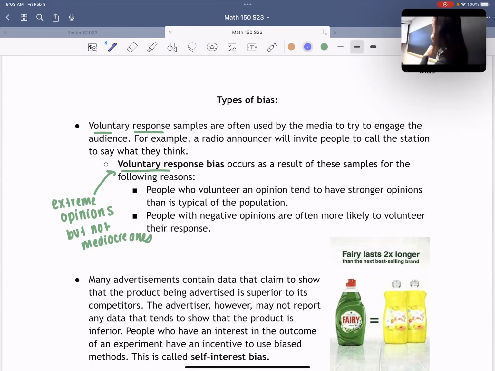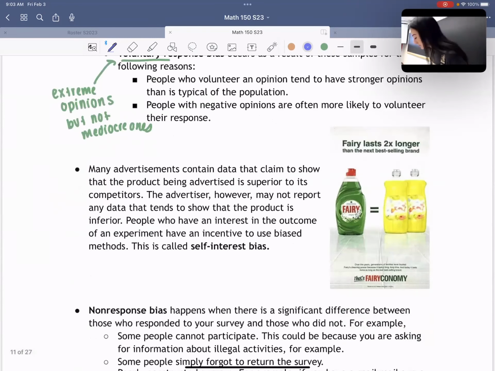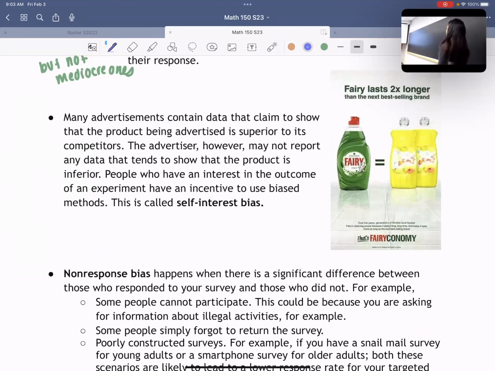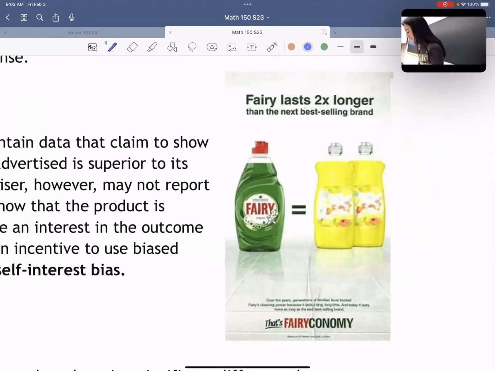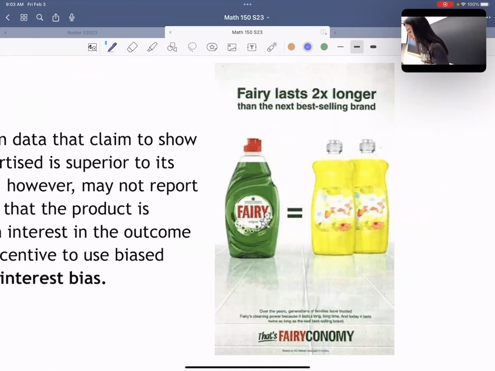But there's two other types of bias, so why don't we go over these? Next, we have something called self-interest bias. Now, it's literally in the name. It's whenever we're doing bias on purpose to benefit ourselves, okay? And the best idea that I can come up with to demonstrate what self-interest bias is are commercials like these. I don't know if you've seen a commercial like this before. A lot of toilet paper brands use this technique where they just throw random numbers on their toilet paper wrappers,